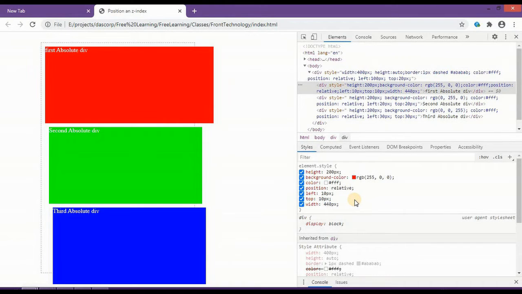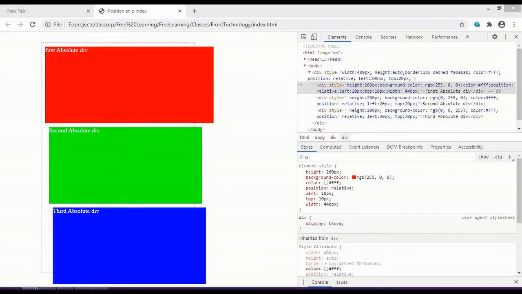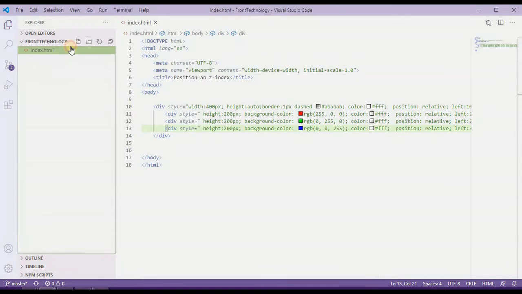So let's go back to our Visual Studio Code, and I'll create a separate file over here and name it origins of elements .html.